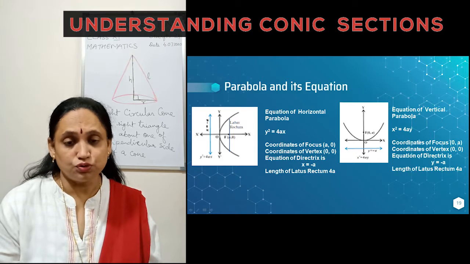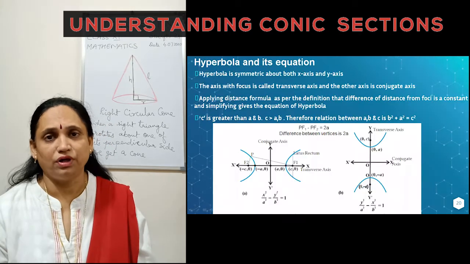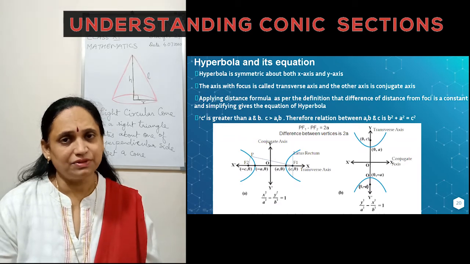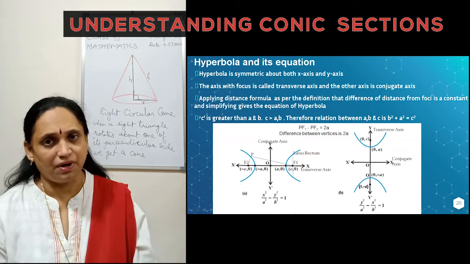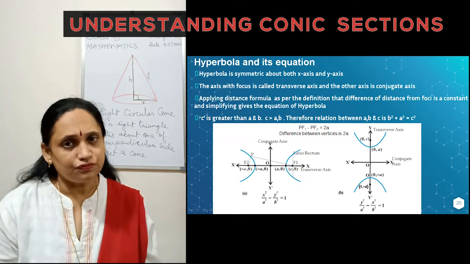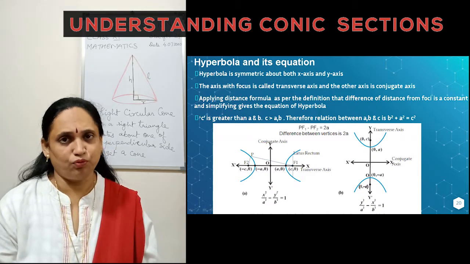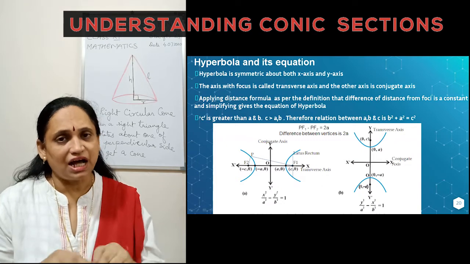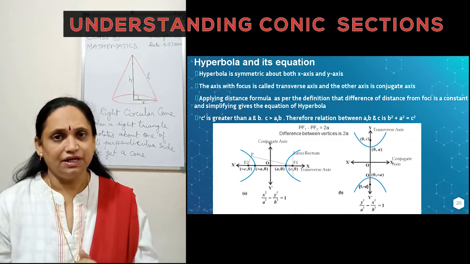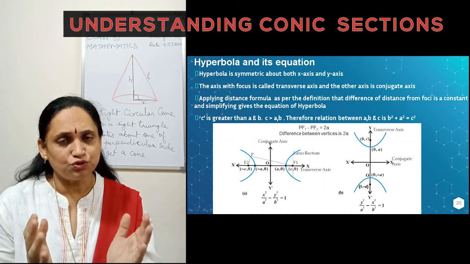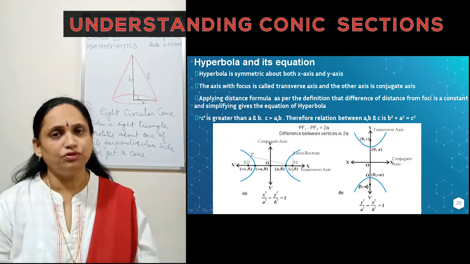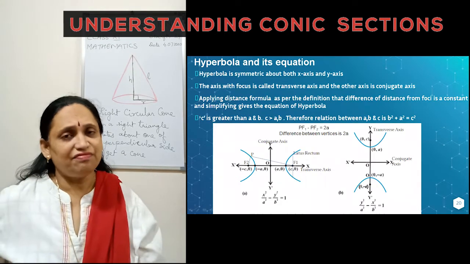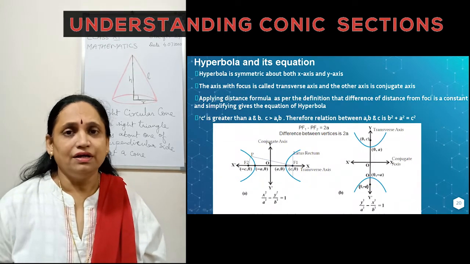Next, we move on to the next figure, that is the hyperbola. As with the ellipse, even the hyperbola has many parts. There is a lot of similarity between the ellipse and the hyperbola. In fact, if you look at the hyperbola, it is just the other way around of the ellipse. You take an ellipse, cut it into two parts, and just turn them around, you get a hyperbola. However, we didn't define the hyperbola that way.